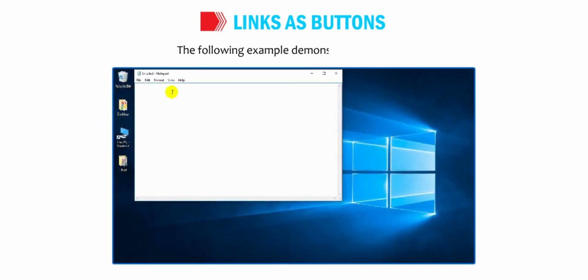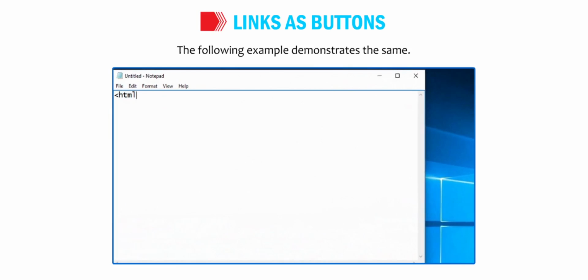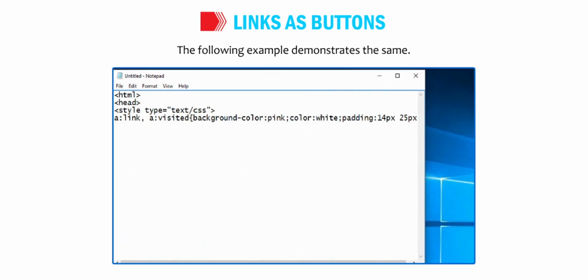The following example demonstrates the same. <html><head><style type="text/css"> a:link, a:visited {background-color:pink; color:white; padding:14px 25px; text-align:center; text-decoration:none; display:inline-block;}